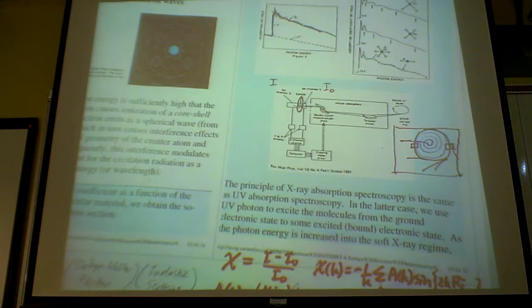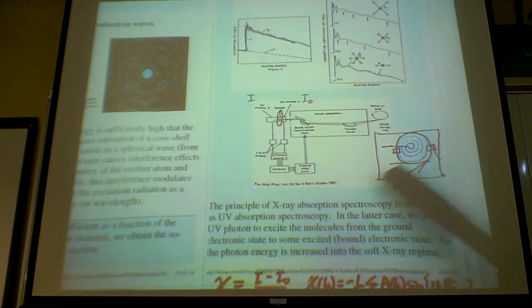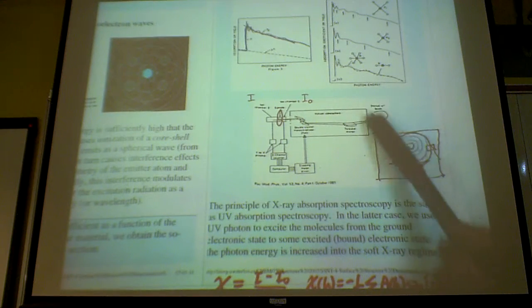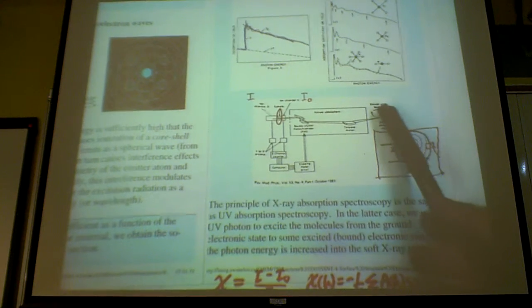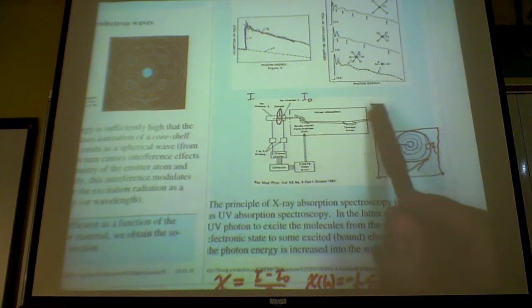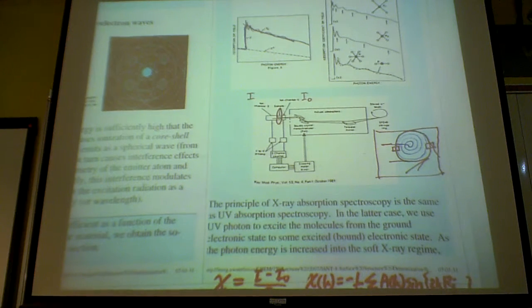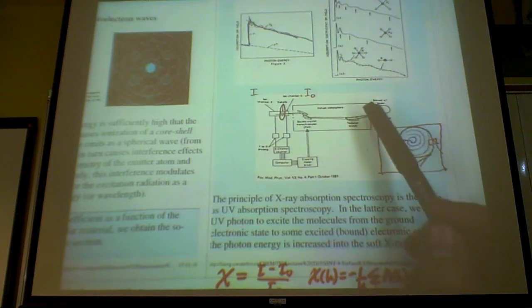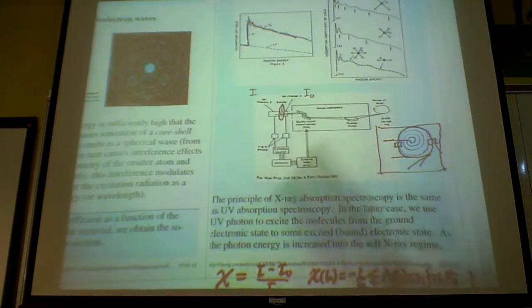So we have a synchrotron. We can change the photon energy at will. We have a beam line, and at the end station, this is a typical synchrotron beam line. So you have a big synchrotron drawn to scale. This corresponds to the Stanford synchrotron called SPEAR, and it's a very large underground synchrotron in Palo Alto, California, and then you have different beam lines sticking out, and you've got different mirrors. These are metallic